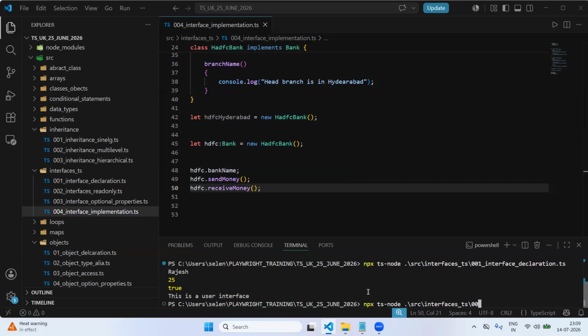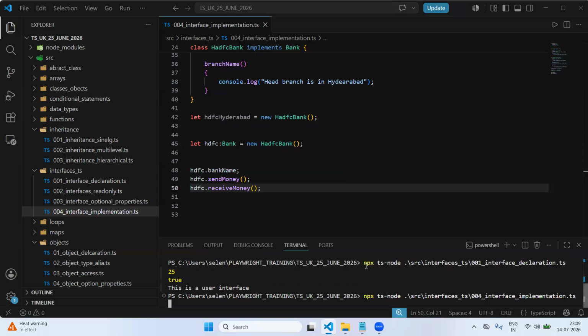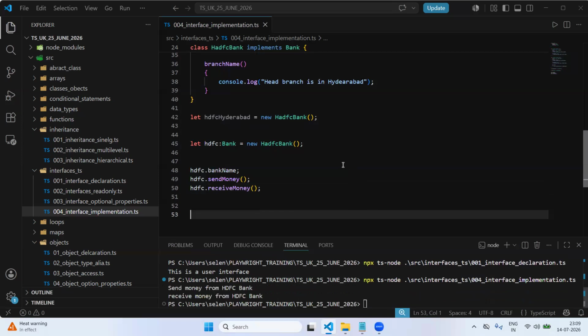So this is program 4. Let me run this. You must implement the abstract methods of the interface in the implementation class. If I assign an interface reference to an implementation class object, it will behave like an implementation class or the